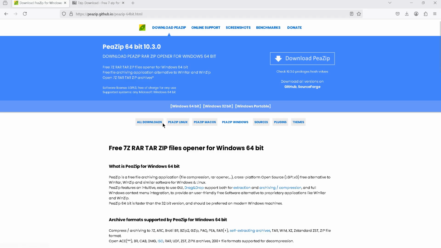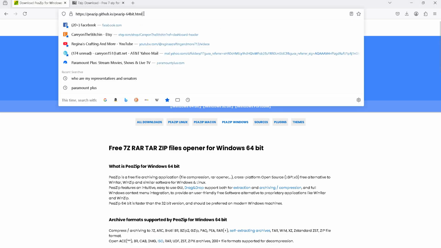I had a question from a customer who was having a hard time unzipping a file, so I'm going to make a video showing how to unzip, what I use, how I do it, and how to organize your files. So first off, go to